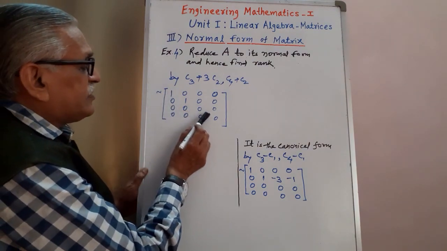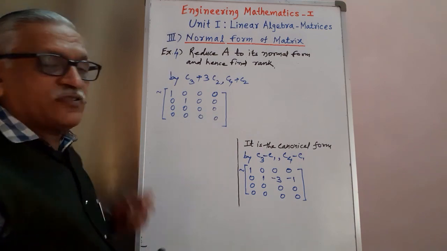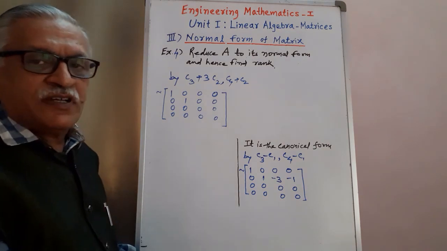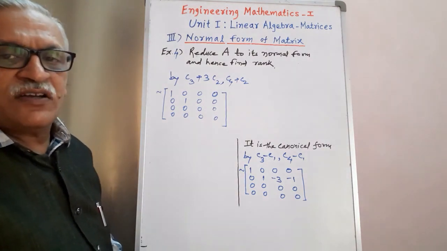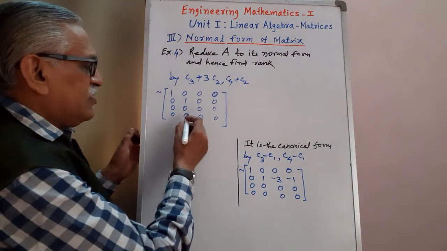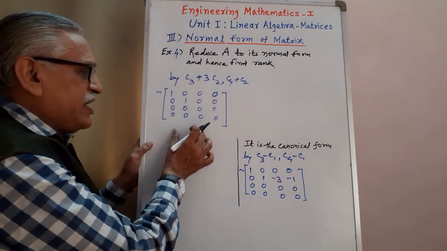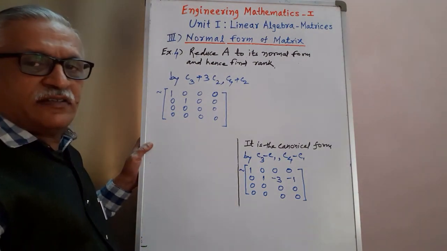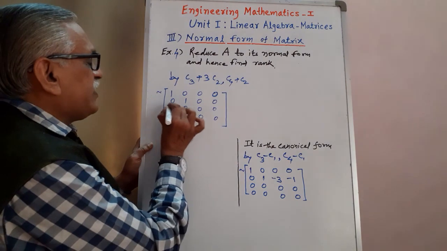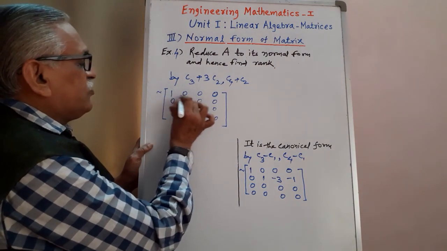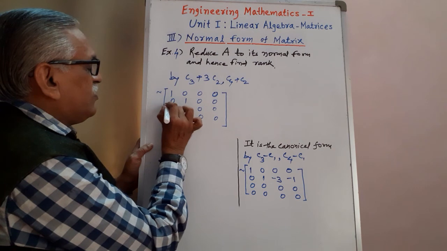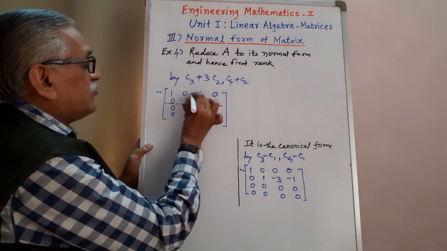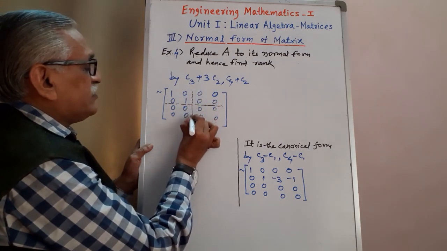In the process, the third and fourth diagonal elements become 0, and it is not possible for us to make them non-zero by either interchange of rows or columns. Therefore, whatever form we are getting, that is called a normal form. We try to convert it into symbolic form by separating the identity matrix from this. 1 0 0 1 is the identity matrix. Therefore, I will draw a dotted line to separate it.